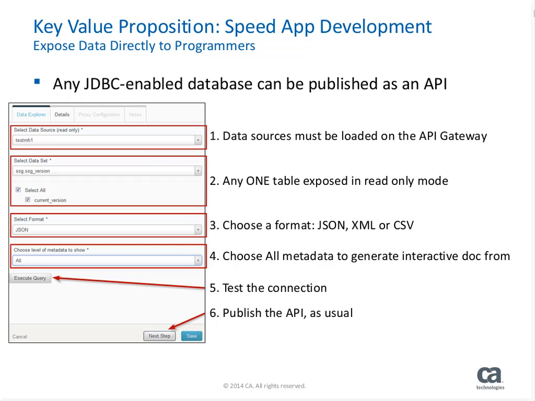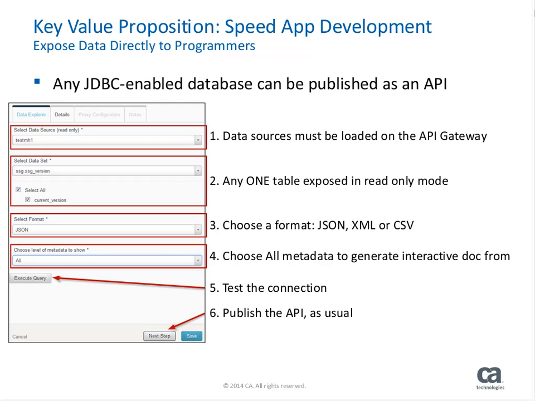So with that said, how do we go about doing this? This is just another option on our Publish API from Portal wizard, and you just choose to either publish a regular API, as you usually do, or you can publish a data API. If you select the Publish the Data API, we pop up a wizard that now has a new tab called